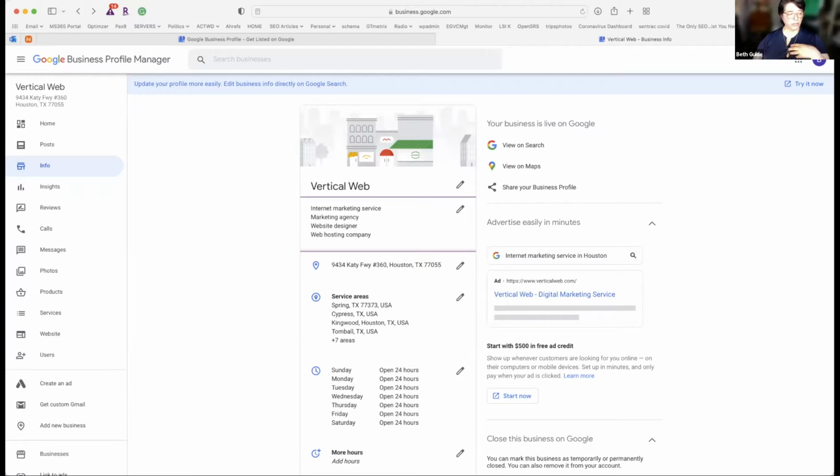The problem is that you can't really have a conversation with them. The rules are the rules, and you really need to abide by them. The rules are a virtual office is against their policy. A physical mailbox at a UPS store is against their policy.